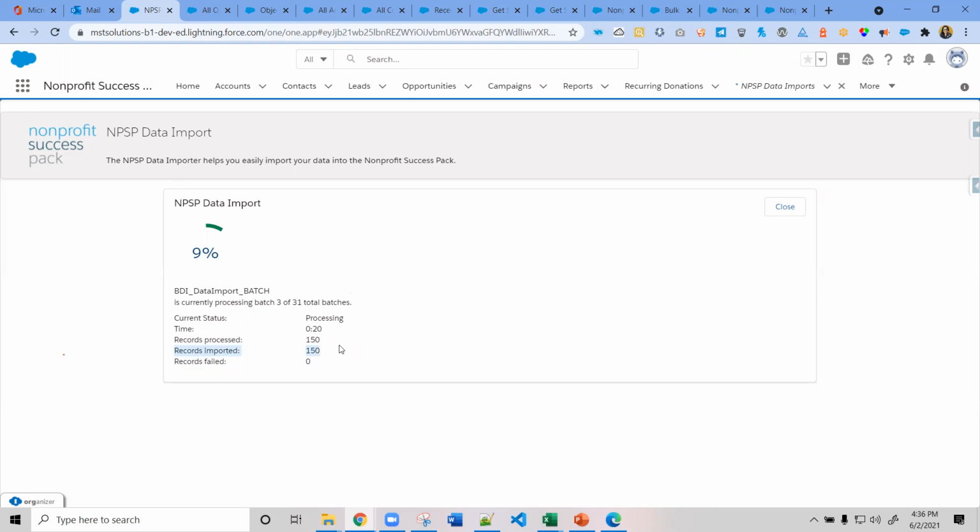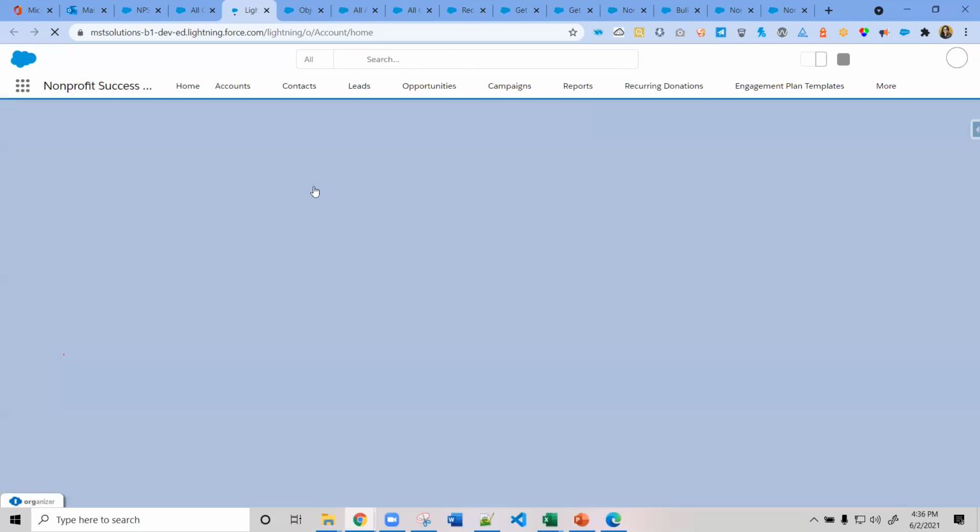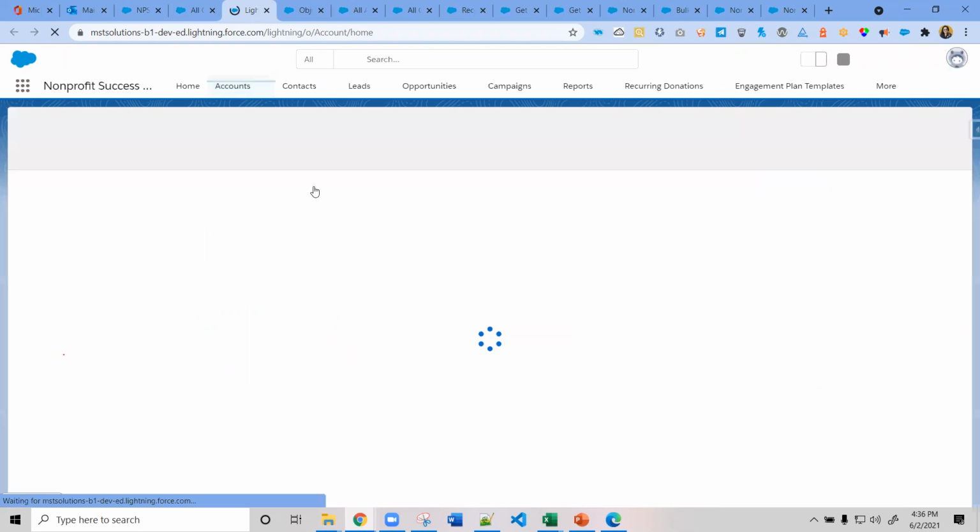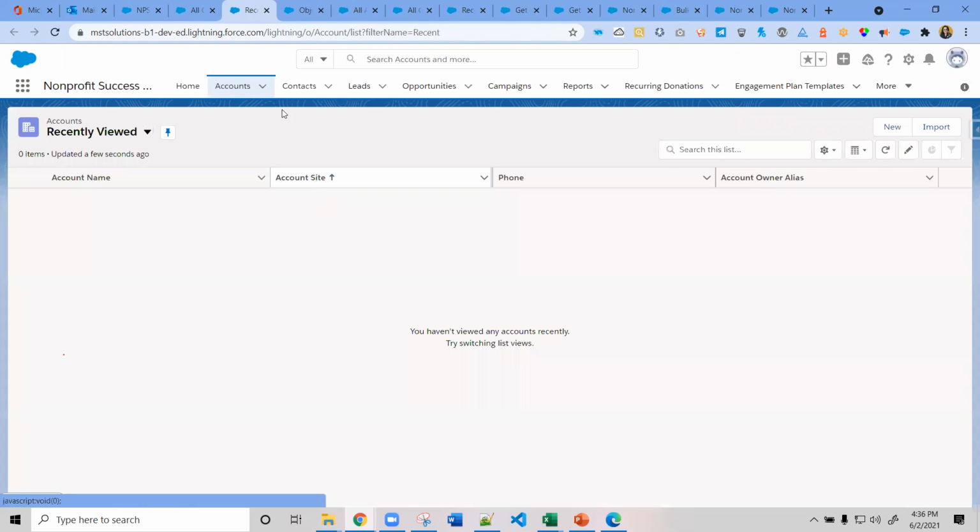The record types are nothing but, by default, what NPSP will do is, in the account for managing the business account and the person account, it will create two record types by default.